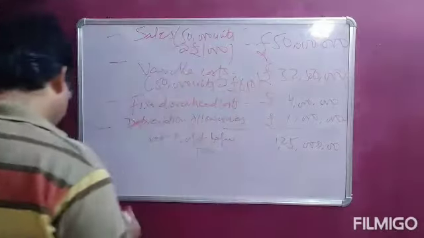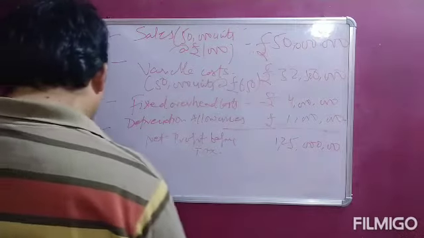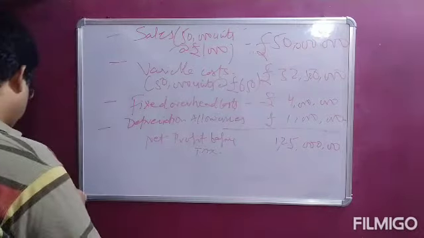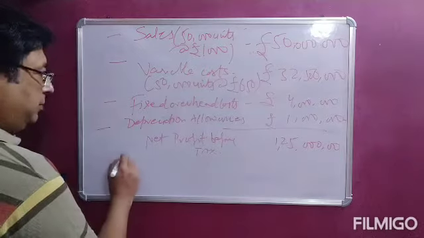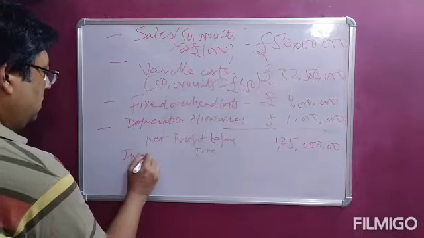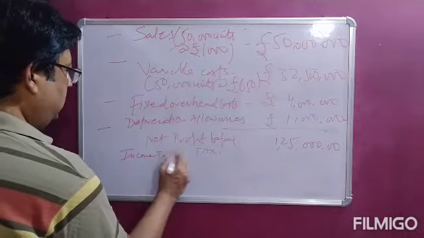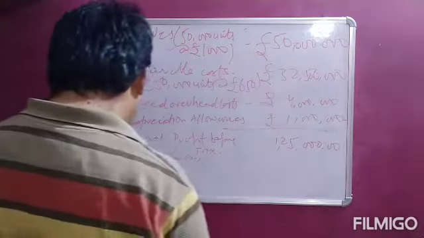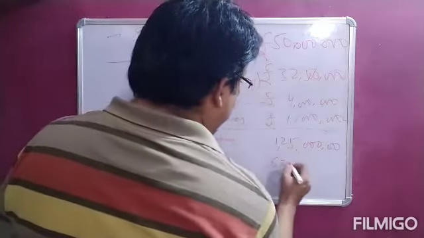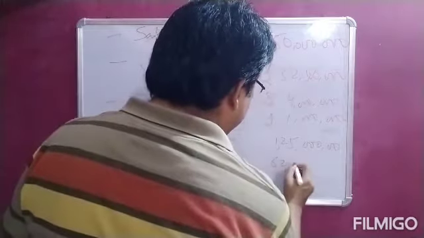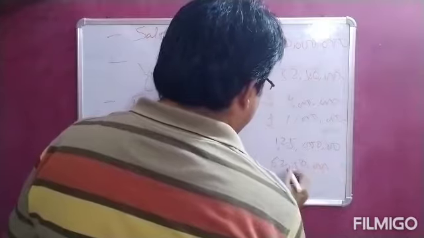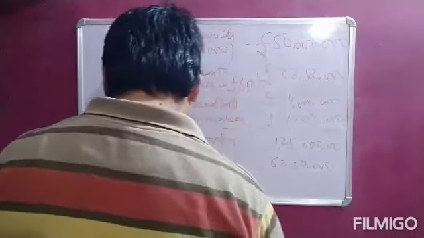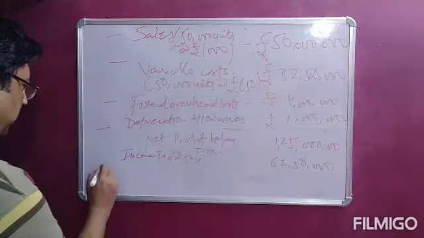So that is the net profit before tax. And income tax we have assumed at the rate of 50%. So half of this will go in the income tax. So 62 lakhs 50,000. That is the income tax, and the profit after tax,